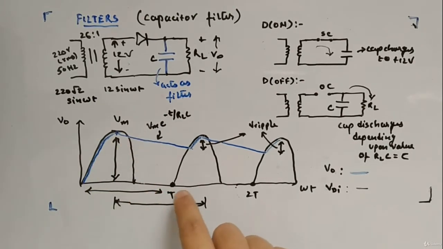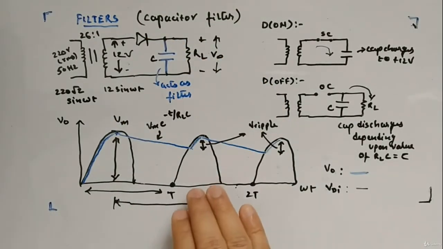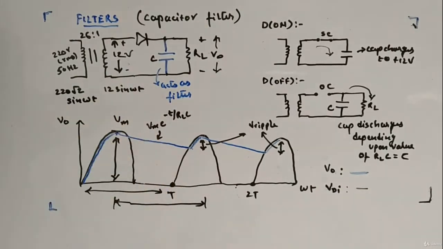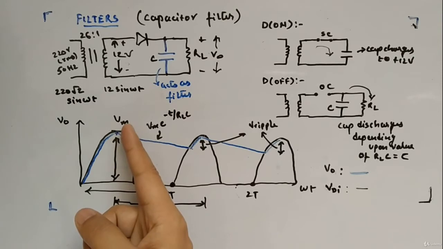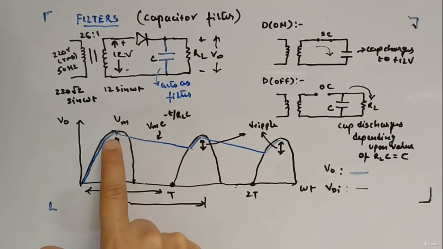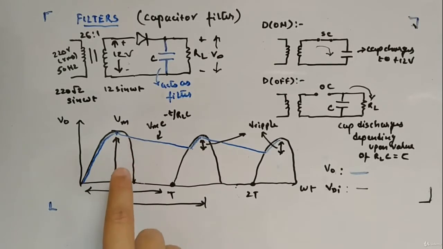And this is how the waveform will look. Now the black curve is the output of the diode. Here you are getting the output of the diode, which is a half wave rectified signal of the input signal, which was sinusoidal. Now what the capacitor will do: the capacitor is charging for the first half, you can see till here when it is reaching the maximum value. The capacitor is charged to Vm and this input signal will go down. I have not made it properly, I will make it properly.